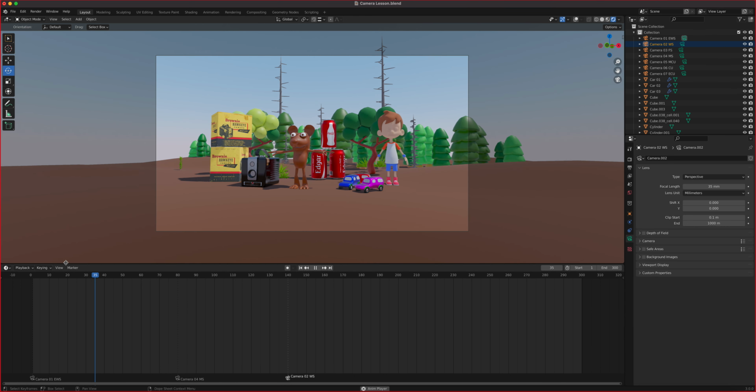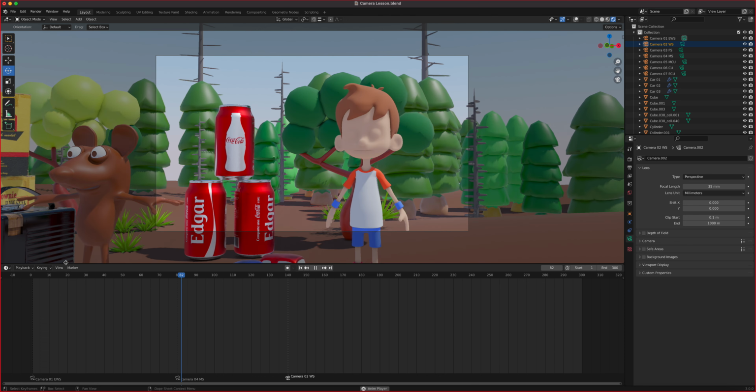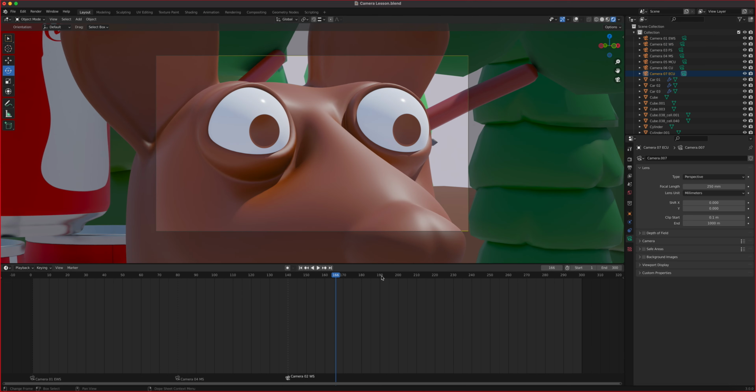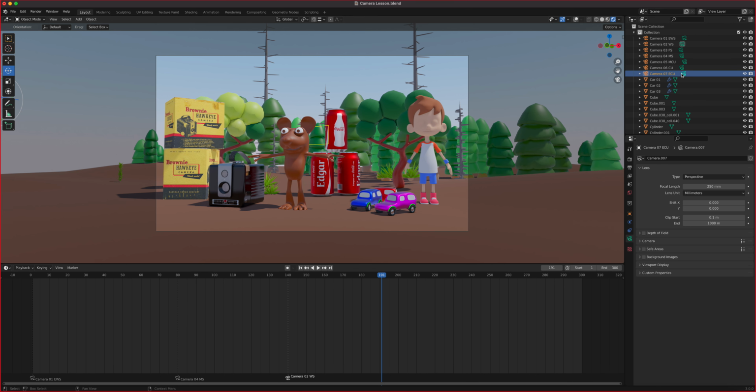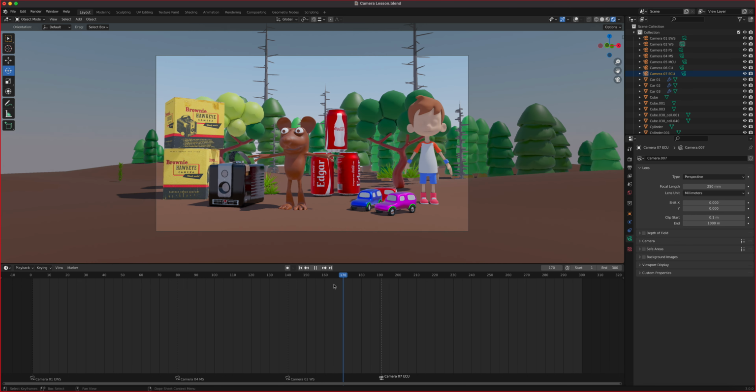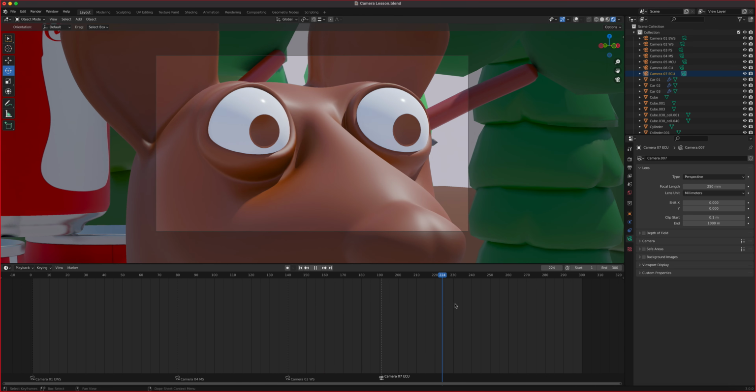So we have that shot. Then at 80, it will change to that one, and then to this one. And then let's say right here, we're going to do an extreme close-up at frame 190. Right here, Control B. All right, it's that simple. So it used to be here, then it went here, and then let's say at frame 240, we go with our